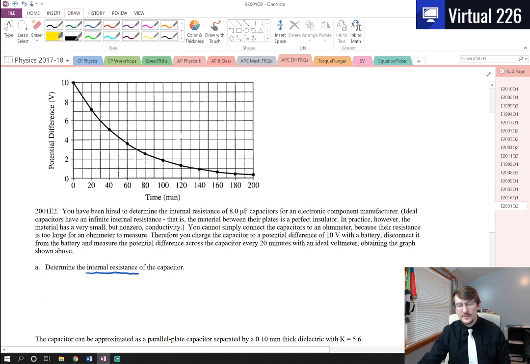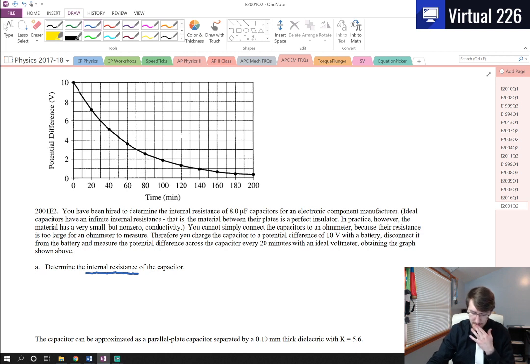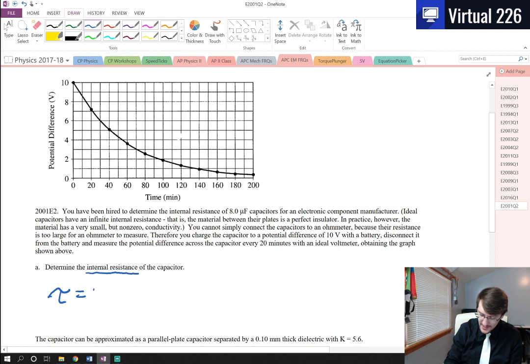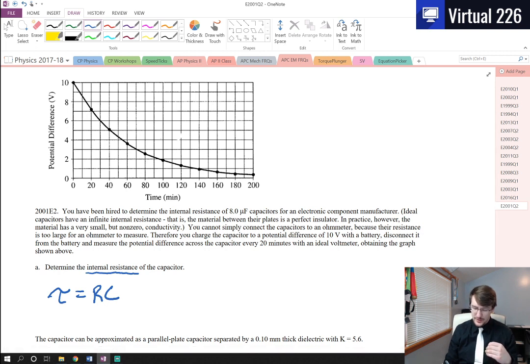Now there are a few ways to do this, and this is by far the easiest one. The first thing we could recognize is that for an RC system, which is what this is, a cap with an internal resistance, the time constant tau is equal to RC. This is the time for a half-life. So if you remember your nuclear physics, this is the amount of time for a half-life. So if we want to take a look at this,